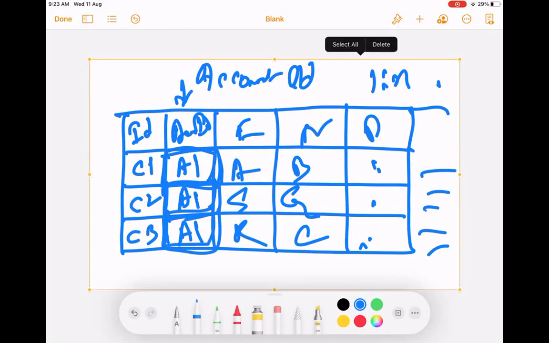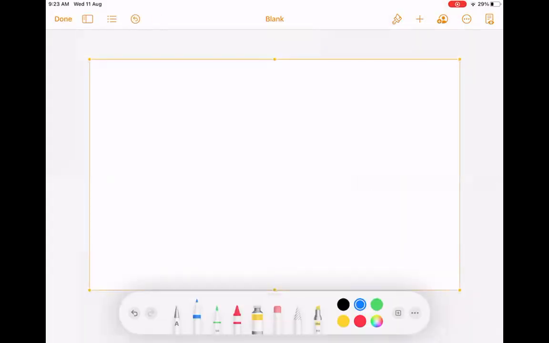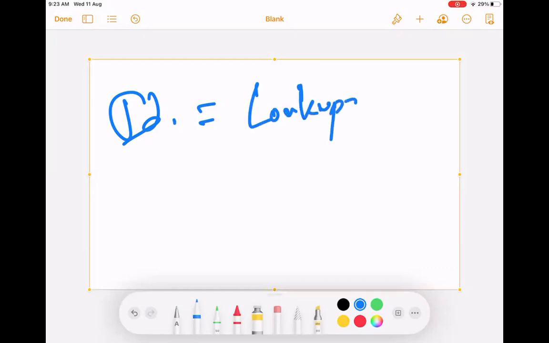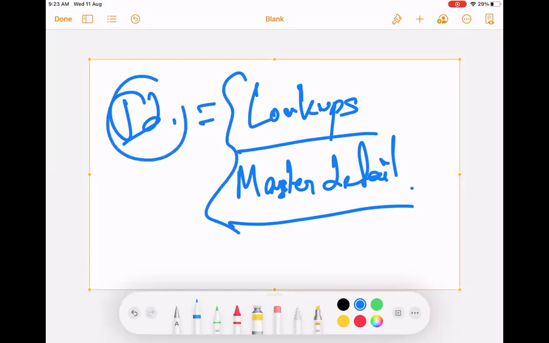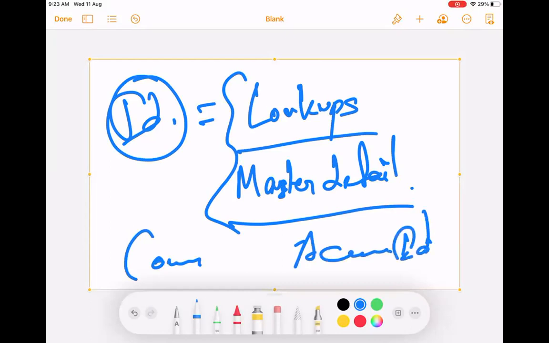What is this field called? In Salesforce, there is a field type which stores IDs of other tables, and that type of field is called lookup. There is another version called master detail. We will discuss this later: what is the difference between lookup and master detail? But for now, both store IDs of different tables. That means in contact, we have an account ID field. Similarly, in opportunity, we will also have an account ID field, because it is also a one-to-many relationship, right?